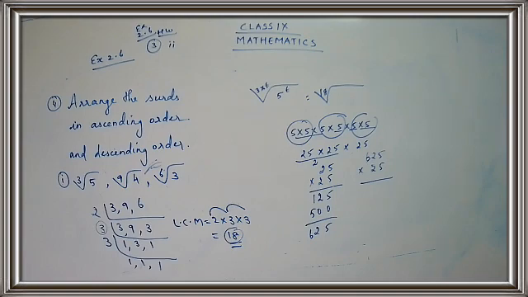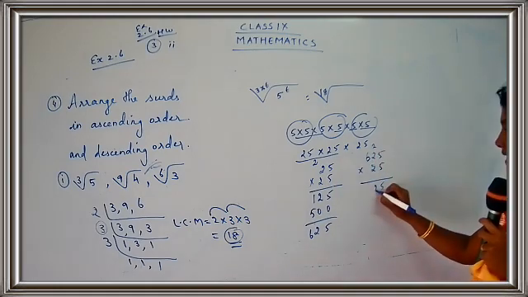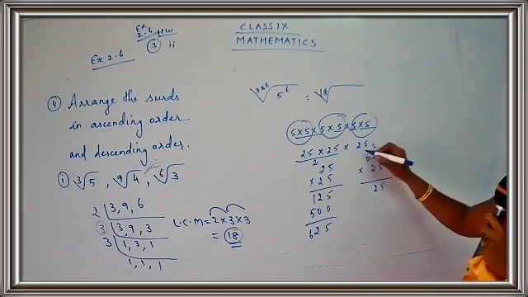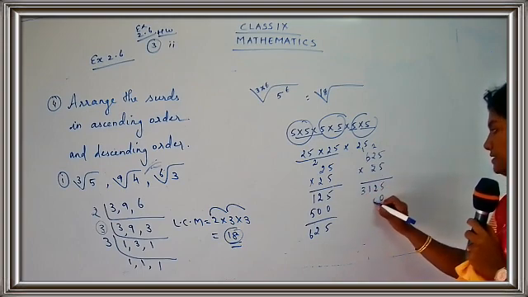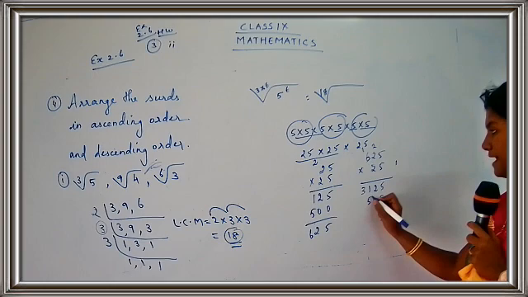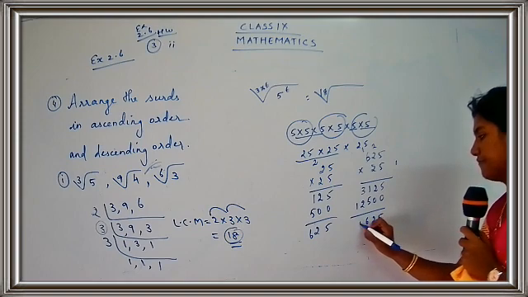Go with the multiplication, children. Do not waste your time. So what is the answer here? 5 5s are 25. 5 2s are 10. 10 plus 2, 12. 6 5s are 30 plus 1, 31. 0. 2 2s are 4 plus 1, 5. 6 2s are 12. So 5, 2, 6, 5, 1.